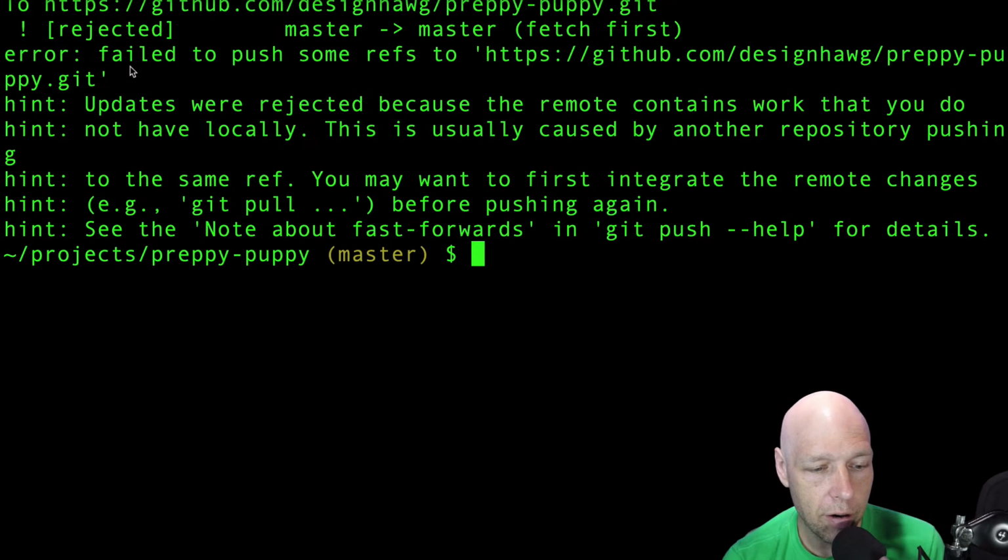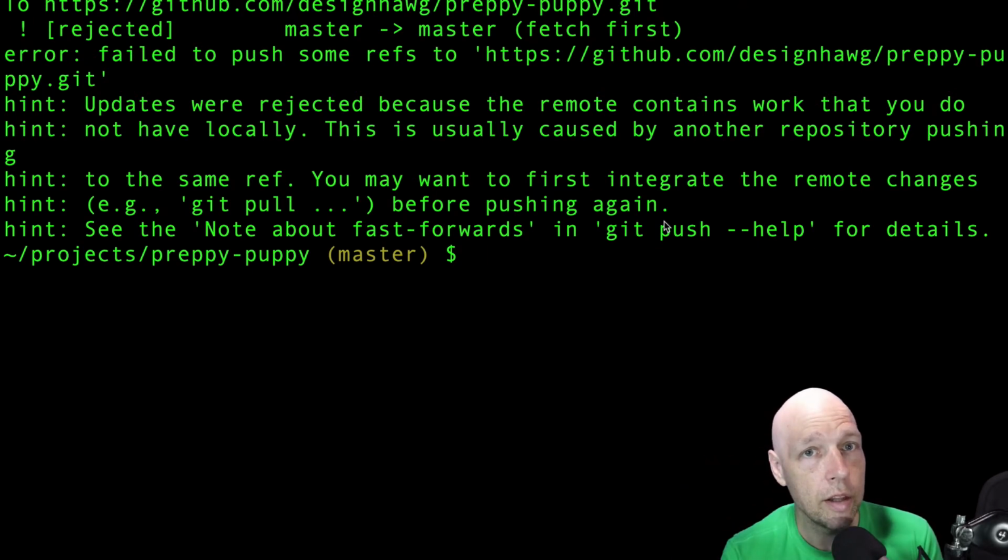Here it says, error, failed to push some refs to our URL. Updates were rejected because the remote contains work you do not have locally. This is usually caused by another repository pushing to the same ref. You may want to integrate the remote changes, e.g. git pull before pushing again. So, because I have not pulled in those changes that were made to the README file, GitHub is not allowing me to push up the changes I made to the index.html until I accept those changes that are already on